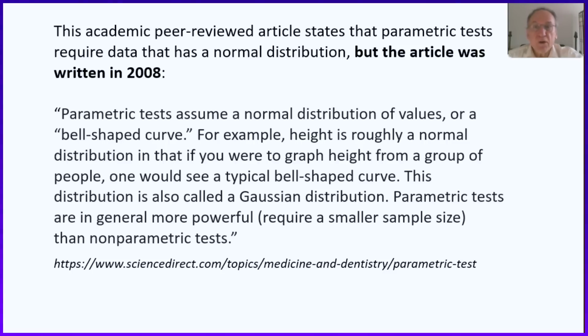As of this article written in 2008, you would say, I cannot run that test. That test will give me false answers, and it will give what we call a type 1 error very often. It will tell you there's a difference when there isn't. Oh my God, that's bad news. Because now you think this artificial sweetener is correlated with obesity or cancer or whatever, and it isn't. And this huge mistake would be made because the data did not have a normal distribution.